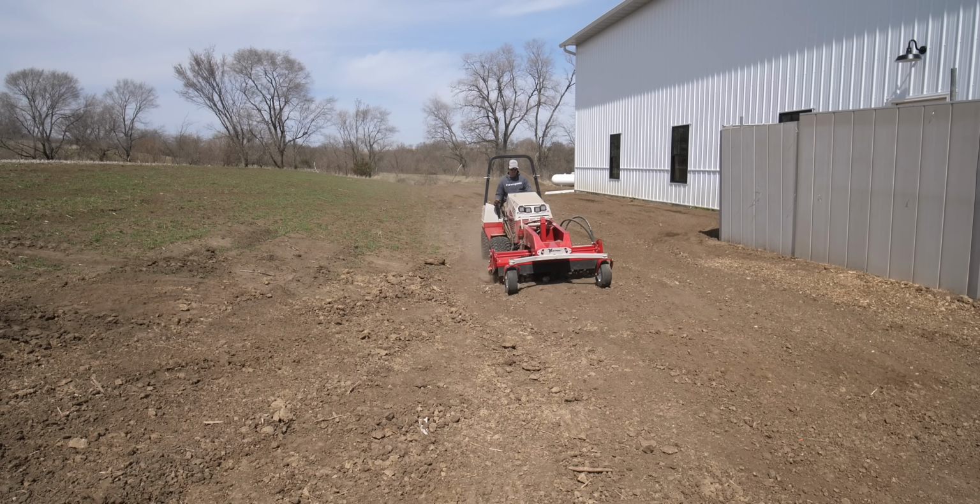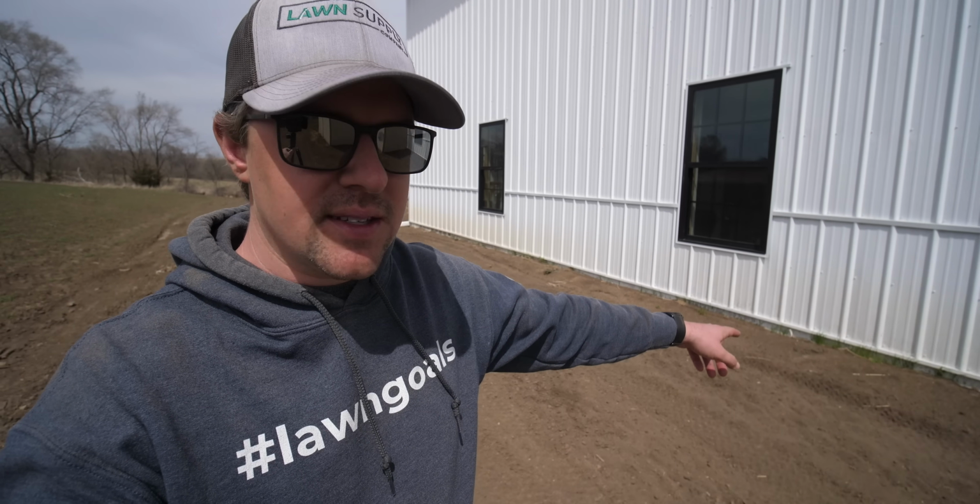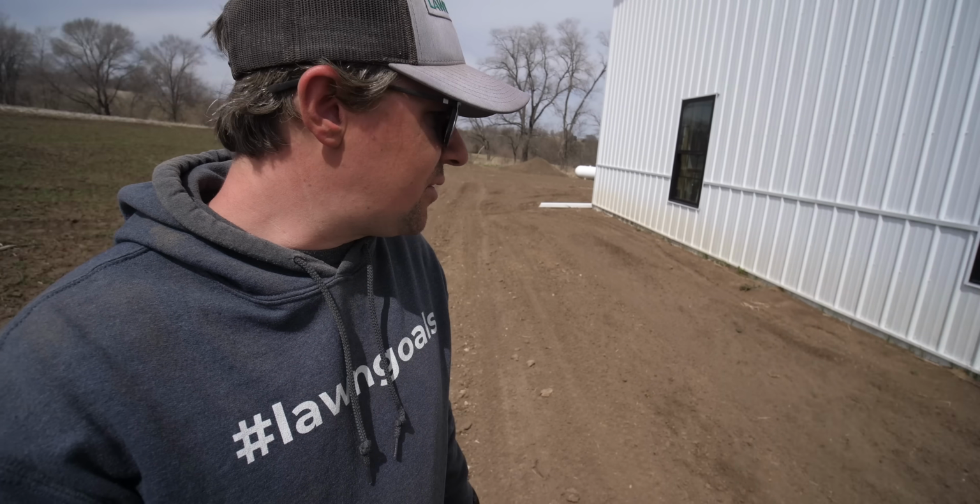Over here on the west side of the building, I think I described this in a couple of videos back, I'm going to do a small landscape border up against the building so I don't have grass right there and have to trim against the metal. And then back on this side, I think I'm going to go with a tall fescue rye mix, which is not something a whole lot of people do because those two textures are a little strange, but I would like to get this going sooner rather than later and get that rye to pop up and hold